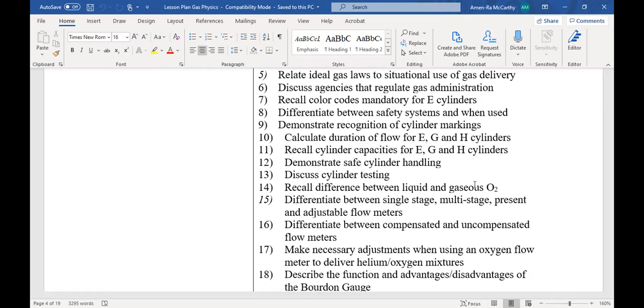Because you can go much farther with liquid than you can with gas. So that's why we get it to the hospital as a liquid, right? Because it lasts much longer and we can do much more with it. If we had gotten it as a gas, it'd be filling up two or three times a day.